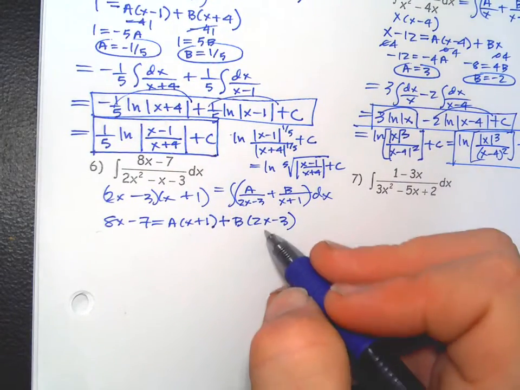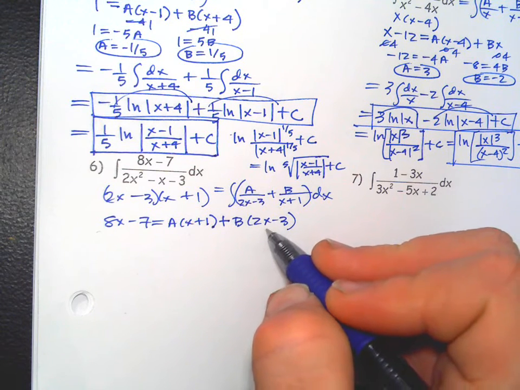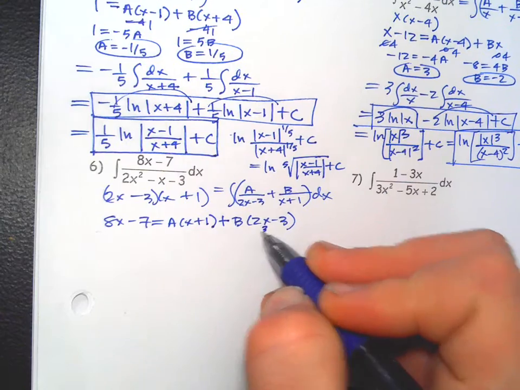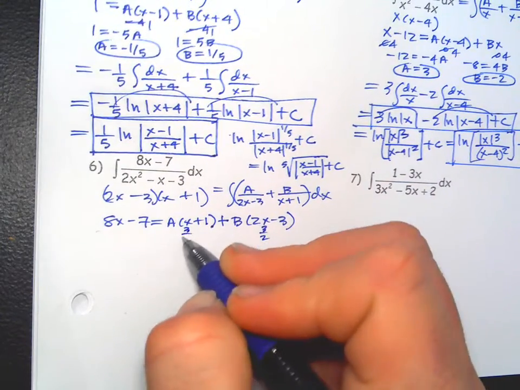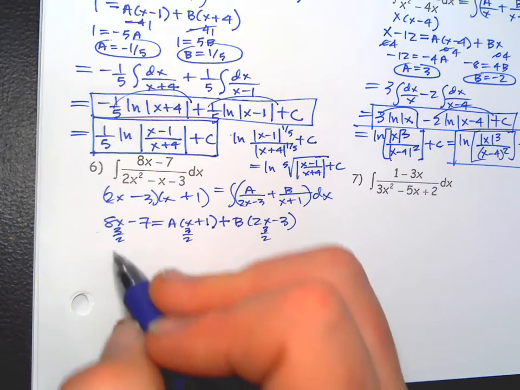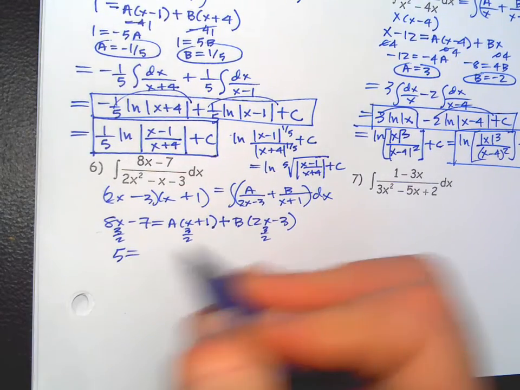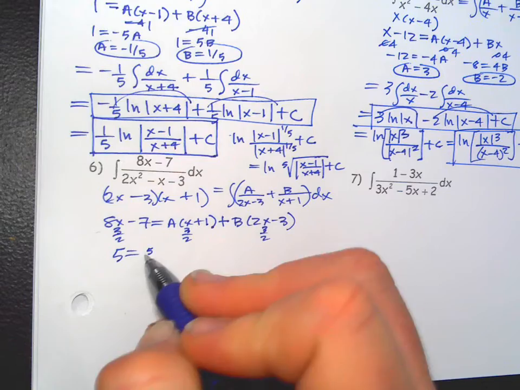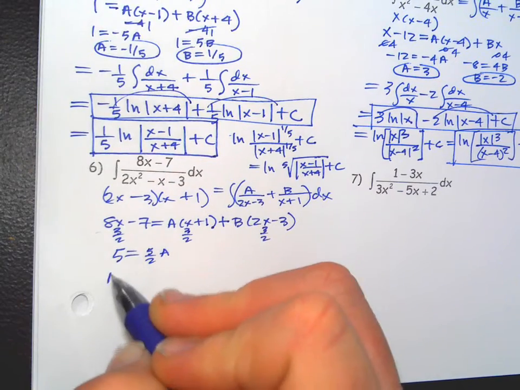If you want to get rid of the B's nicely, you'd multiply by 3. You put 3 halves in. A little ugly. But that's 12 minus 7 is 5 equals 5 halves A. So A equals